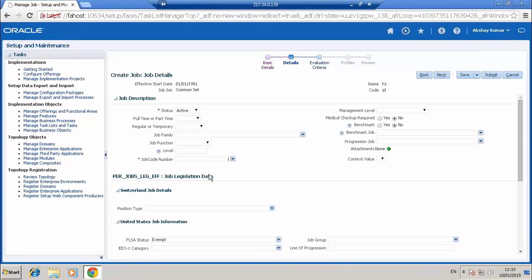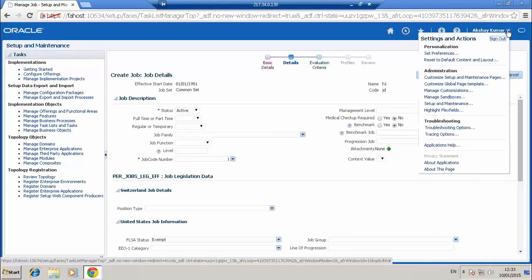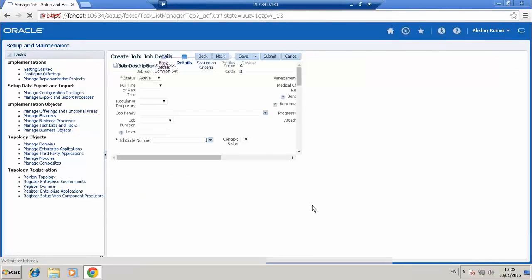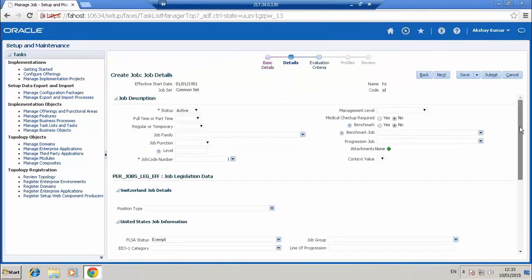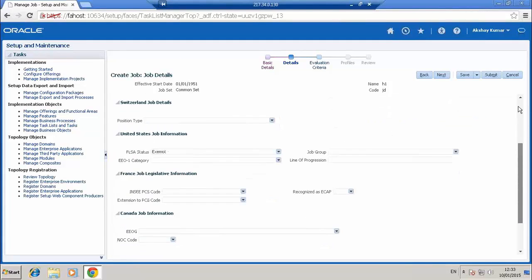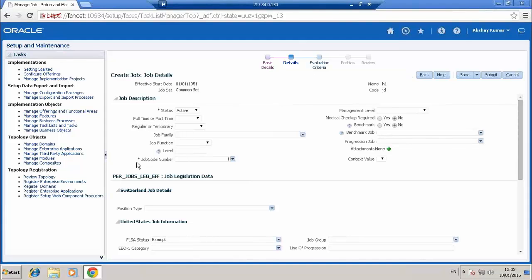One more thing I will just let you know here. I think this job code number is a DFF. If you want to highlight the DFF in a particular page, you can go to the link below the name and click highlight flex fields. I don't think it's working here.